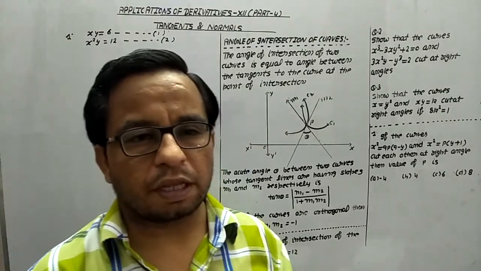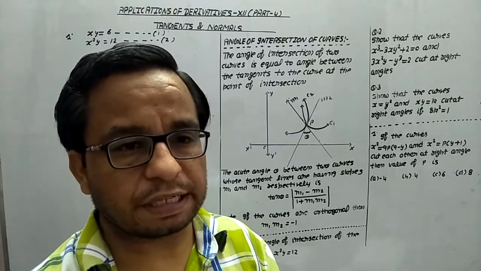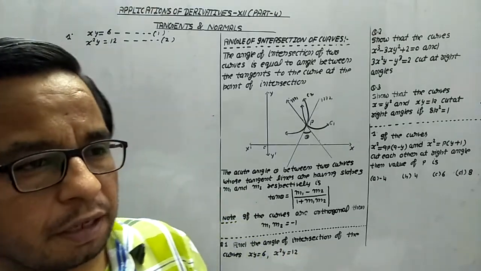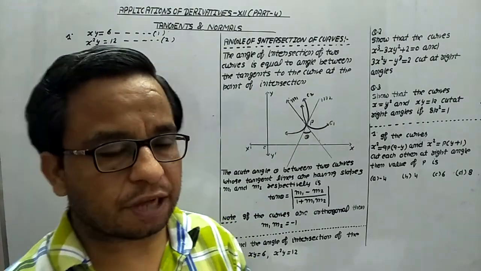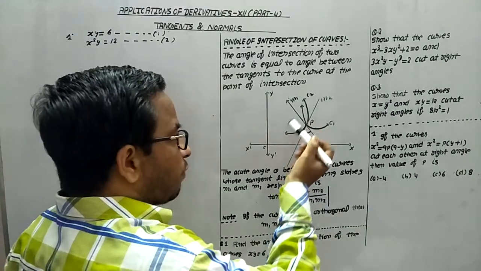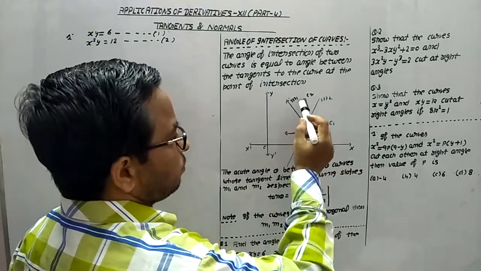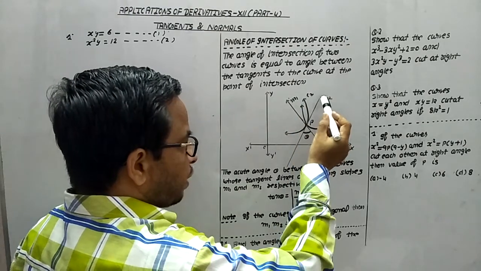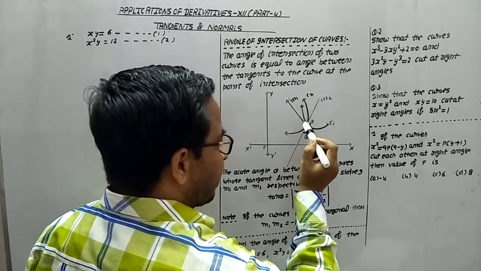Hello everyone. In this part 4 of applications of derivatives, in the topic of tangents and normals, I'll explain the angle of intersection of curves. So let's start with this point. Let us suppose in this figure we have a curve C1 whose tangent is this, having slope m1. This is the curve C2 whose tangent is this, having slope m2, and these curves are intersecting at the point